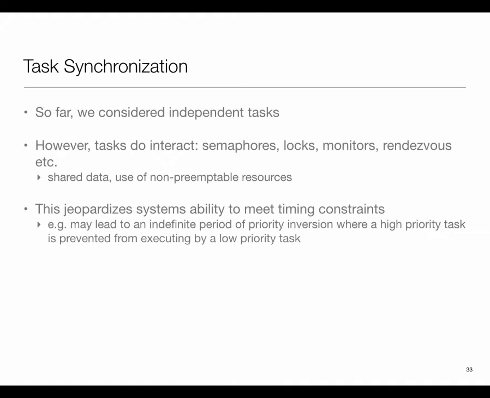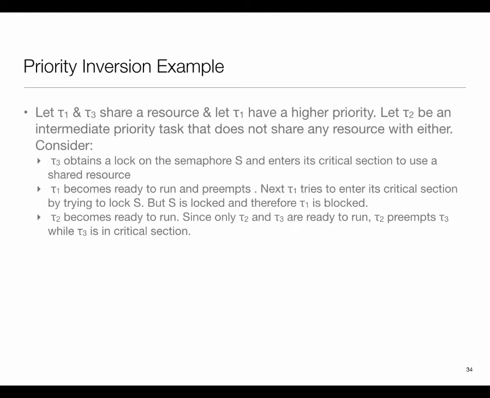What it boils down to is that we need to somehow compute how much a task can block for. We won't get to it today, but I just want to show that this can create a problem, and then we'll pick it up on Monday. So let's say I have task 1 and 3, which share a resource. Task 1 is higher priority, task 3 is the lowest priority. And let's say I have a task 2, which is intermediate priority, and this intermediate priority task 2 doesn't need any resource. It's not dependent upon the shared resource.